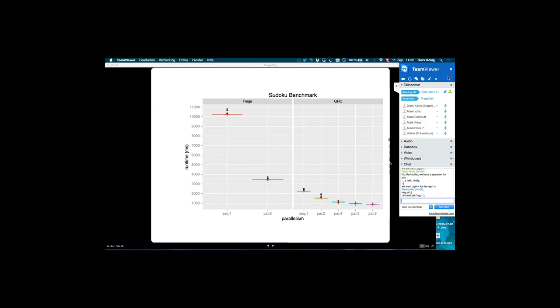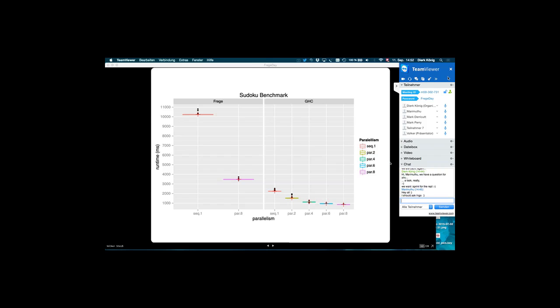Okay, and those are the results. We have this benchmark. We have here Frege, and here the GHC results, where the y-axis shows the milliseconds it took, and on the x-axis we see the parallelism, from sequential to parallel.